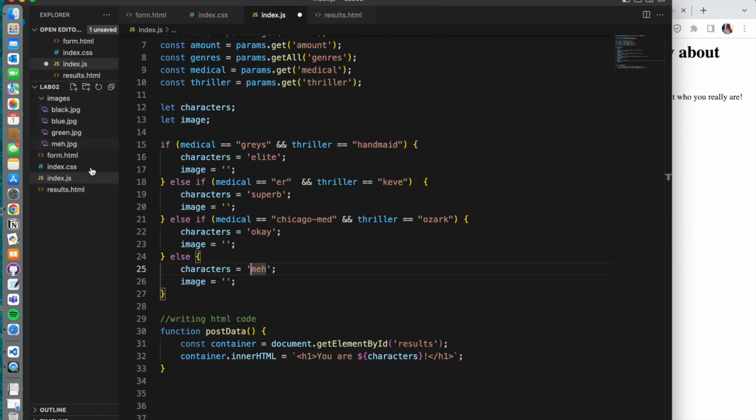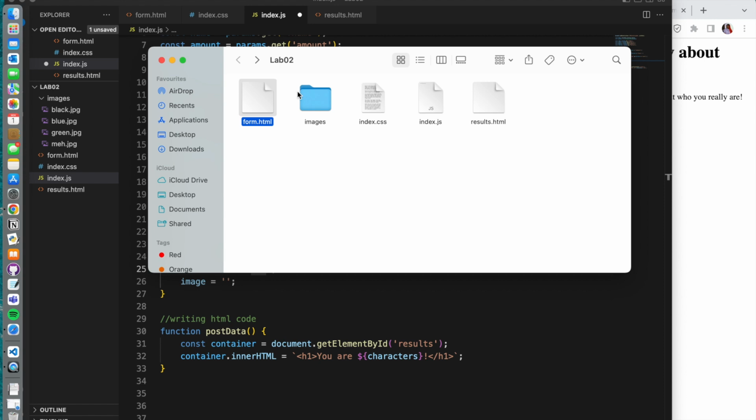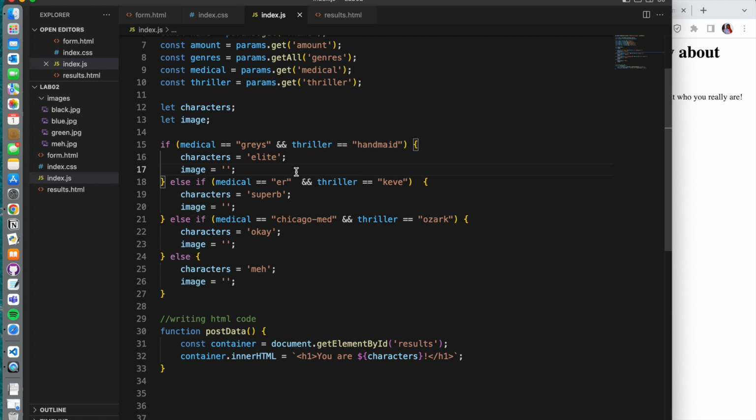Now this is just the quickest way to add these images, but it's not the only way, right? So you could easily go into the folder where you have your lab saved, open up the images folder and just add the images into that folder. That's another way to do it, but both things would work. And so I'm going to save this. And here where I have the image, I'm going to put the source path of the image. And the reason why is because remember in HTML, when we want to add an image, we use the image tag,